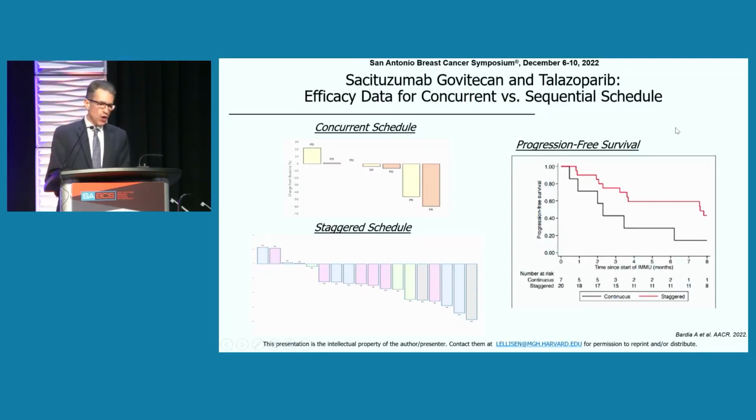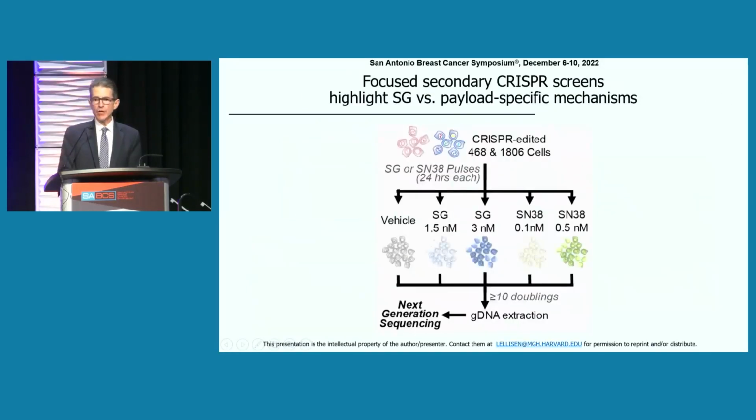But I think, if you step back and think more broadly about it, we've talked about a lot of the benefits of ADCs in delivering particular drugs, but I think it's a very exciting possibility to think about ADCs as allowing us to think about therapies that never really were possible, right? Either because of overlapping toxicities, because of temporal concerns, or other concerns. And so I think we have a lot of unique opportunities as we think about how to overcome these vexing resistance problems. So finally, I'm going to close with some of the latest data in the lab.